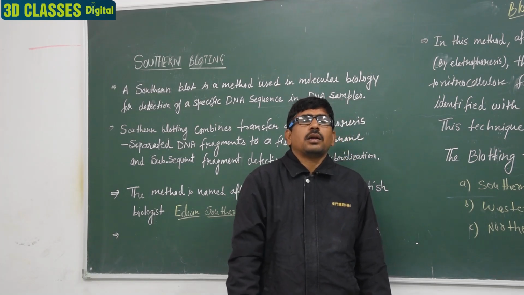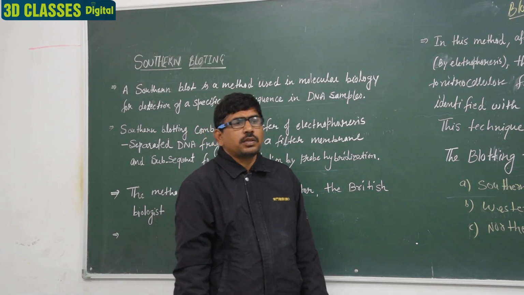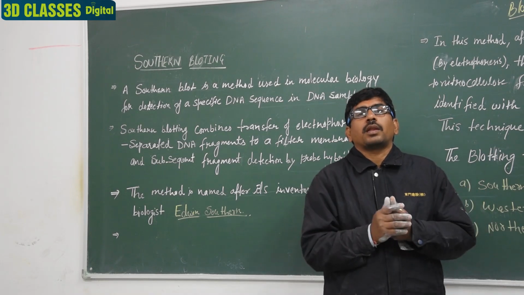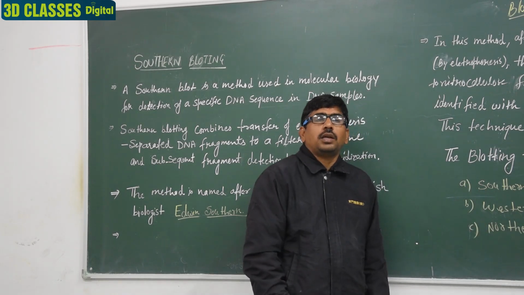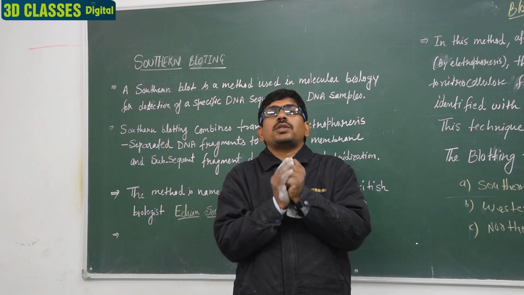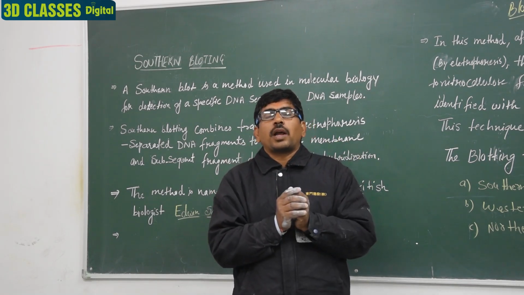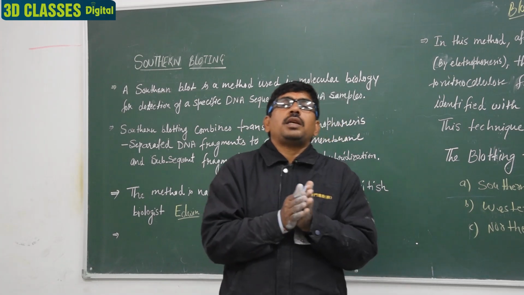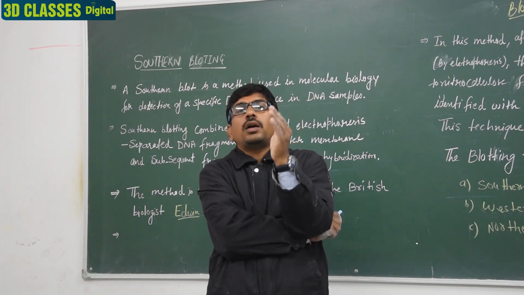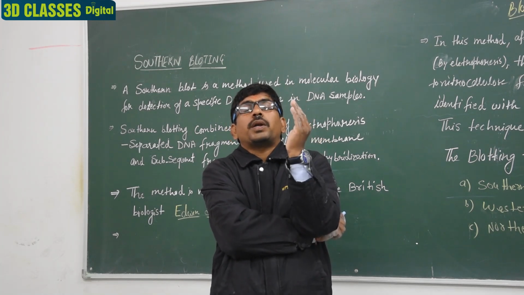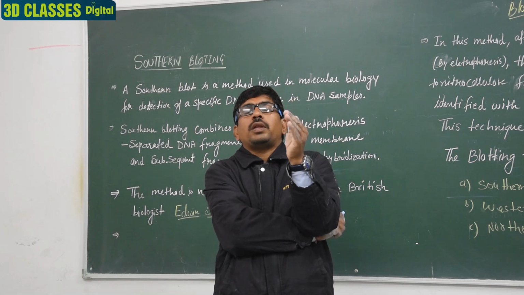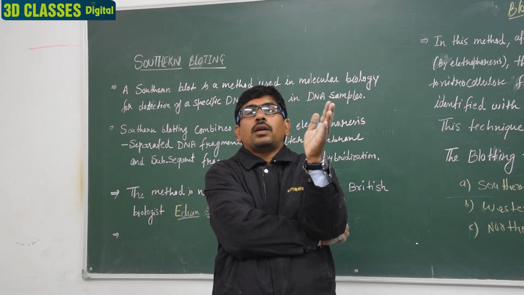I will discuss the blotting technique first, and in the blotting technique, what will happen? You know very well that firstly, in our technology process, we isolate the DNA. We isolate the DNA first, and this DNA is cut with a particular RE enzyme. So firstly the purified DNA is obtained, then with the help of the RE enzyme we fragment the DNA.